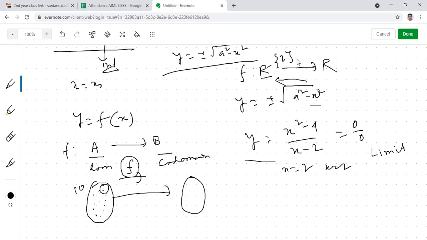Since x equals 2 is not there in the domain, at each and every point that the domain has, the function is defined. But if I consider the set of real numbers as the domain, then the function is not defined at x equals 2. So either we need to provide the approximated value of the function at x equals 2, or we need to modify the domain. Is that clear? Yes, sir.